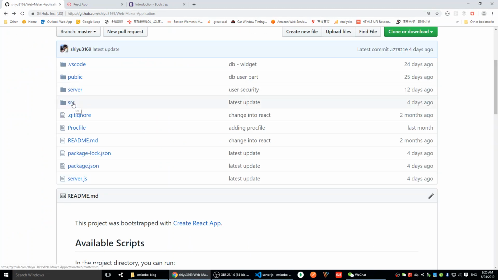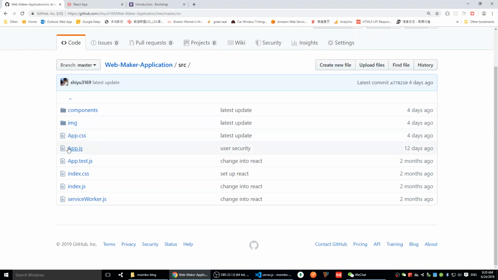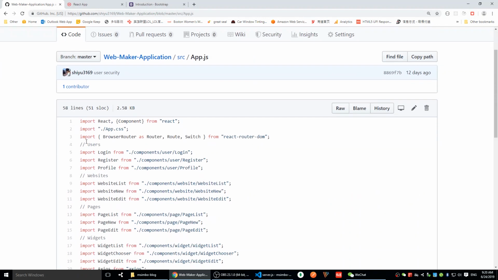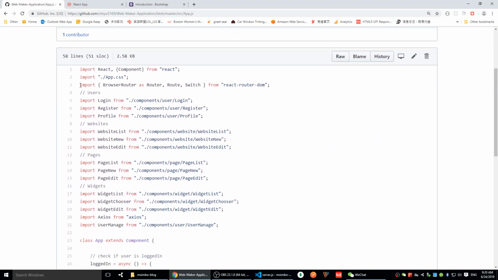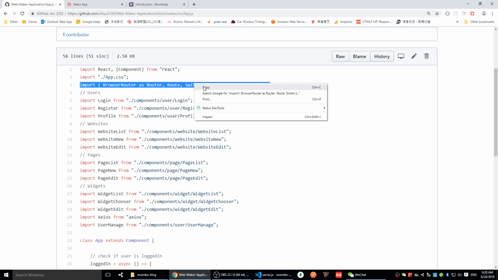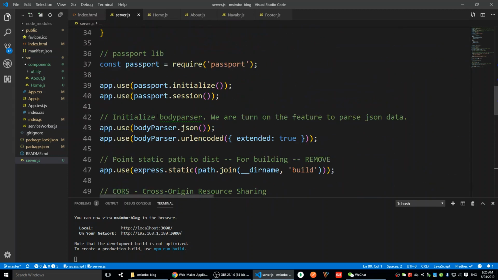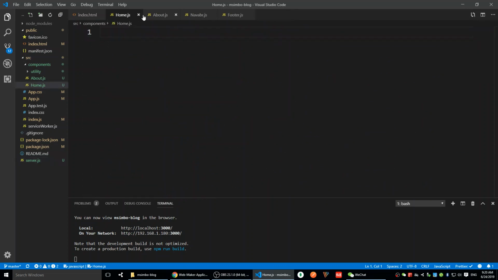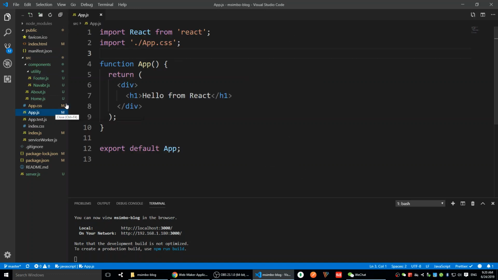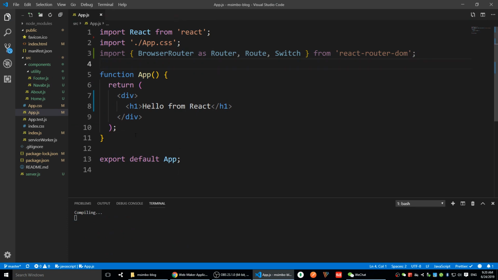We can go to the source folder. Go to the app.js. I forgot how to import the React router DOM, but we can find it here. Import BrowserRouter as Router, Route, Switch from react-router-dom. Let's copy that. That is how we import it. Let's put that inside the app.js. Let's close these files. App.js is here. Let's put it here. All right,